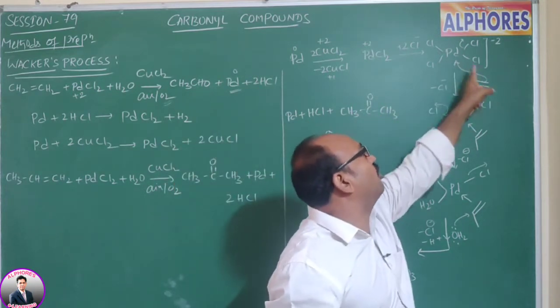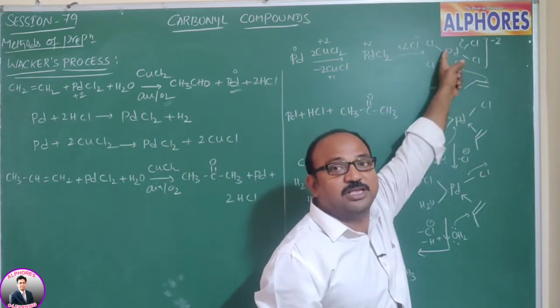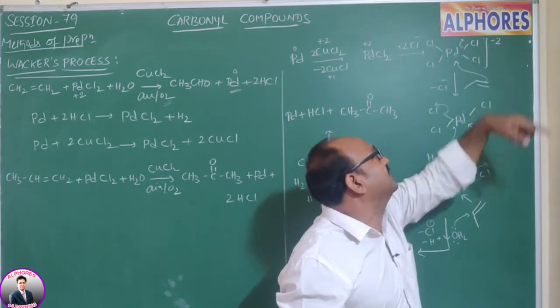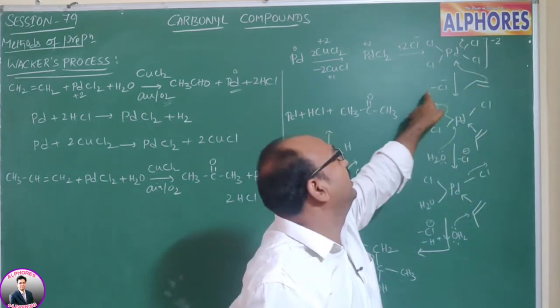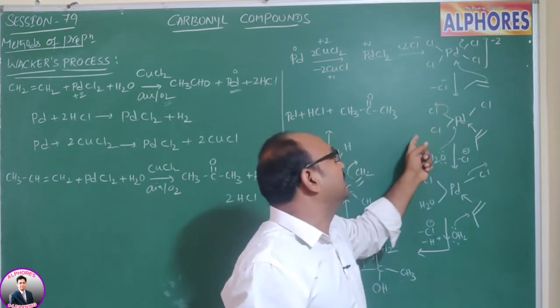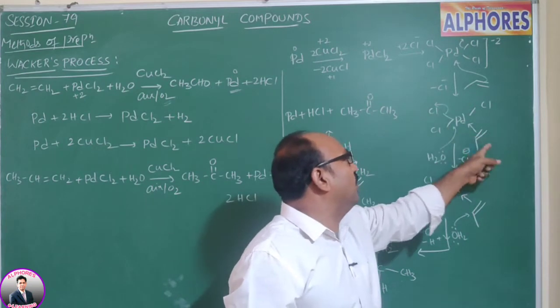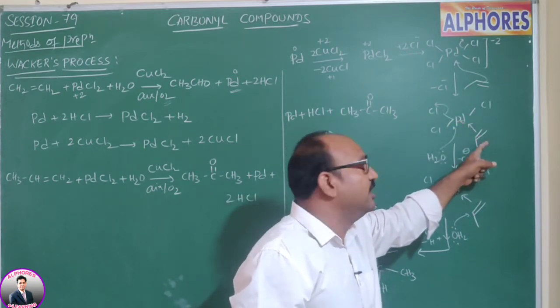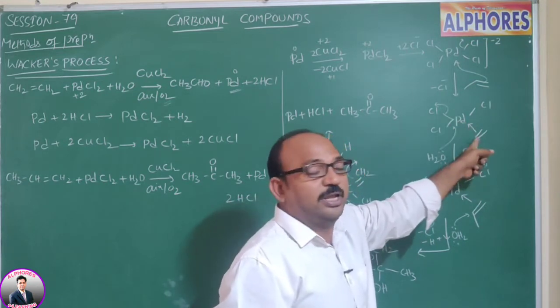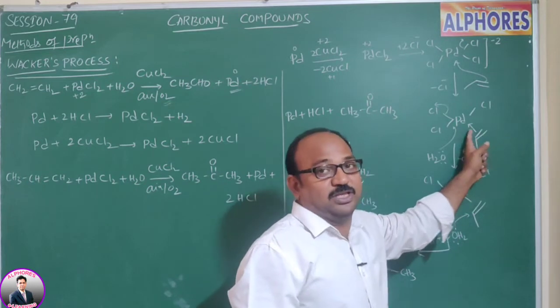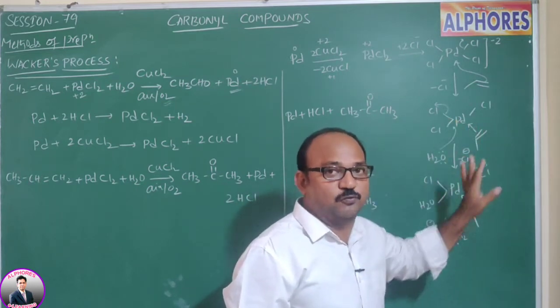As a result, there is a pi complex formation. Here the pi bond is coordinated to the metal, meaning that by donating its pi electrons, one of the Cl minus has to come out. Here Cl minus came out. Now we have Pd, 3 Cl ligands and 1 alkene ligand. Because it is a coordinate covalent bond, it is also called a dative bond. Here we show it with the arrow, meaning either of these two carbons is coordinated with palladium so far.